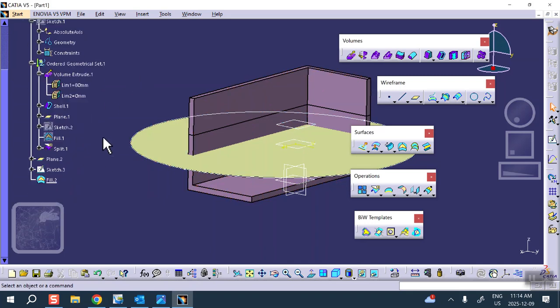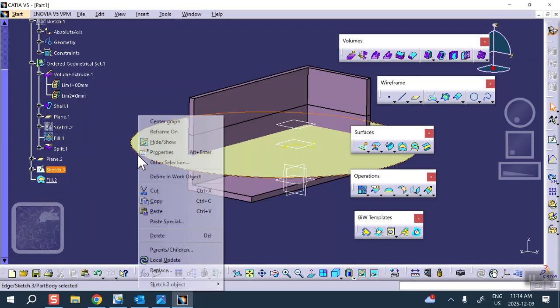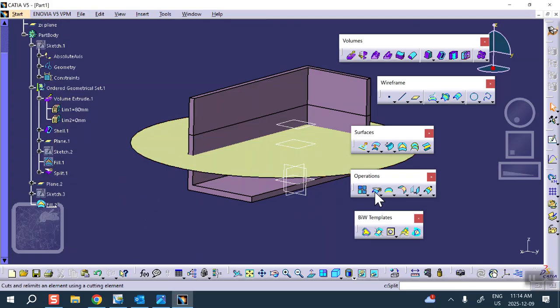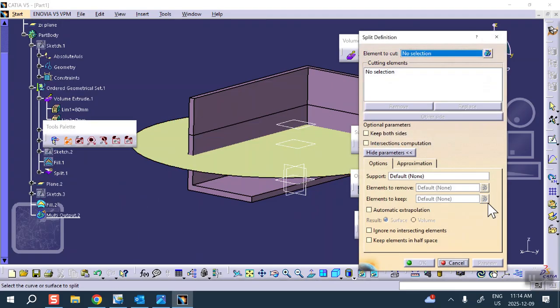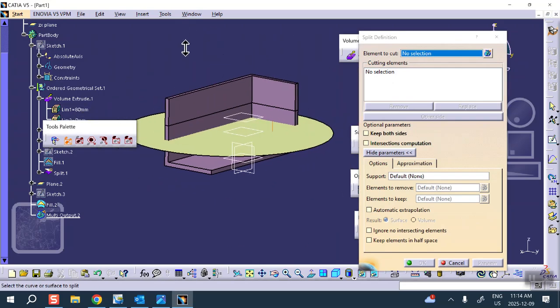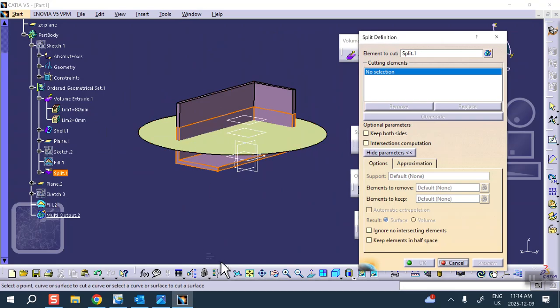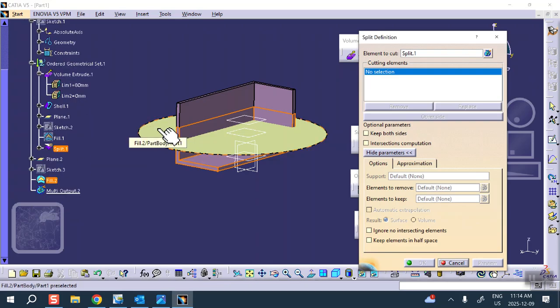Now, first of all, let me hide this sketch. If I try to use the split here, click on it, it says element to cut, for example, this bottom piece, cutting element, that surface. Now remember, this surface is not in the ordered geometrical set. This surface is in the part body. So you select it